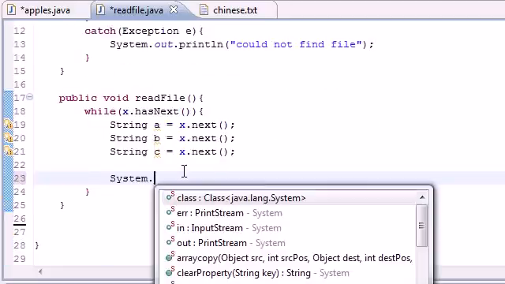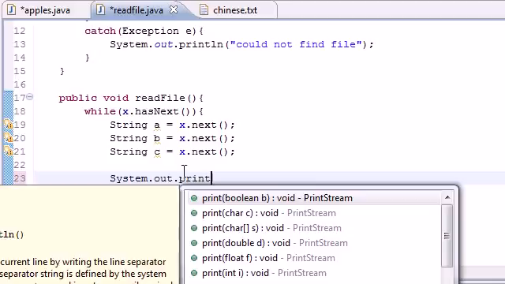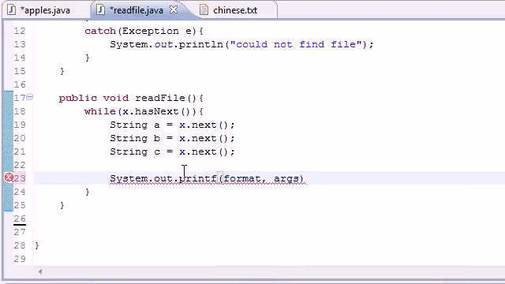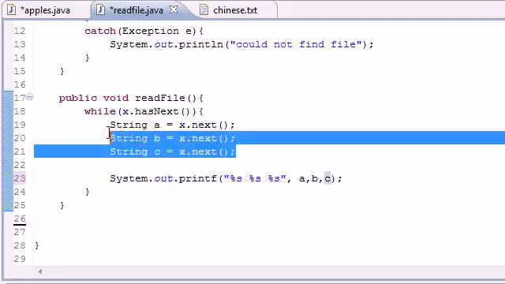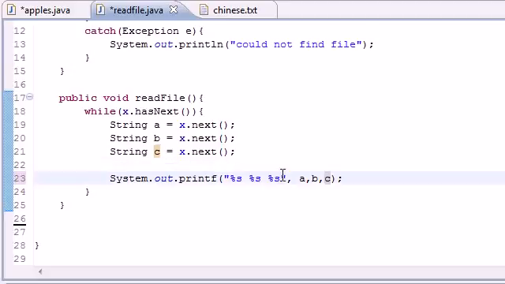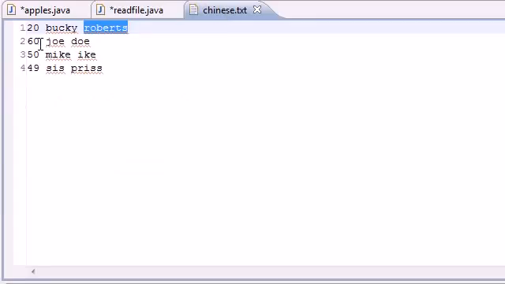So system out print, actually printf would be better. Let's go ahead and print just 3 string variables: %s space %s space %s, and those variables of course are a, b, and c. So now after it gets those 3, it's going to print them out, and you might want to put a new line there. Then it's going to go, alright, next 60 is A, Joe is B,